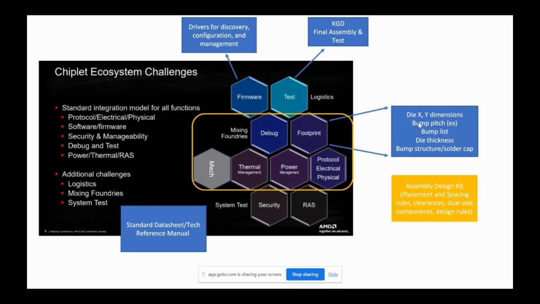Typically, they only have access to a limited number of foundries. You can't just go build a chiplet in 10 different processes, right? It's incredibly expensive. So that's what you're focused on: is there a market? What can I build it for? What are the volumes? Who are the customers?